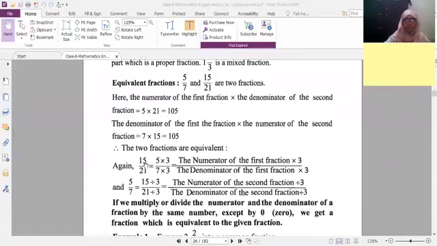15 কে যদি আমরা 3 দ্বারা ডিভাইড করি তাহলে হয় 5, 21 কে আমরা 3 দ্বারা ডিভাইড করি তাহলে হয় 7। এখন আমরা এই পাশে কেন 3 দ্বারা মাল্টিপ্লাই করলাম, কারণ এই পাশে আমরা 3 দ্বারা ডিভাইড করলে এটাকে পাচ্ছি। আমরা যদি 15/21 কে 3 দ্বারা ডিভাইড করি তাহলে 5/7 পাই, তাহলে আমরা 5 আর 7 কে 3 দ্বারা মাল্টিপ্লাই করলে অবশ্যই 15/21 পাবো।